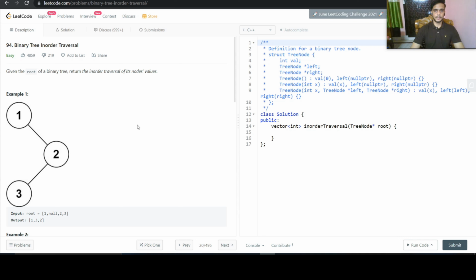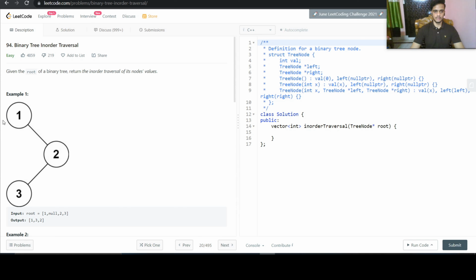leave a link below in the description box so that you can read about what is inorder, postorder or preorder traversal. For simplicity, if you want to know how we can simulate this and check theoretically, then for preorder traversal, you need to keep an arrow on the left side of every node, and now start traversing from the root.